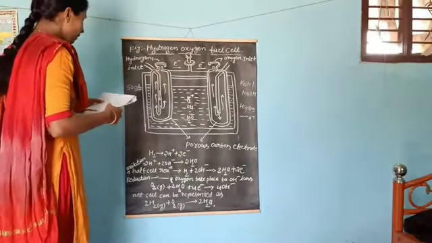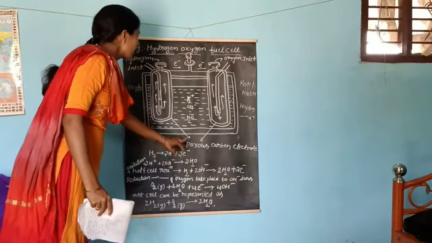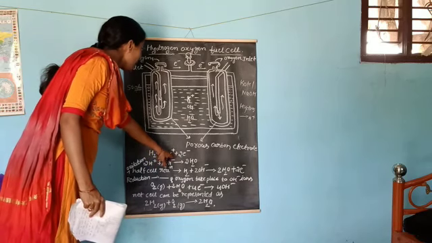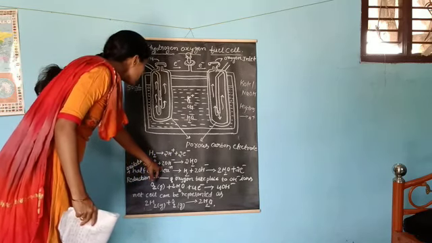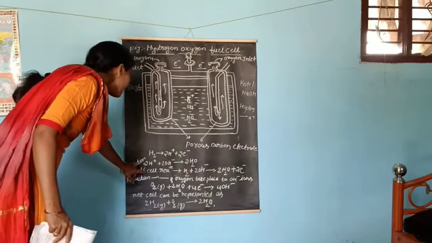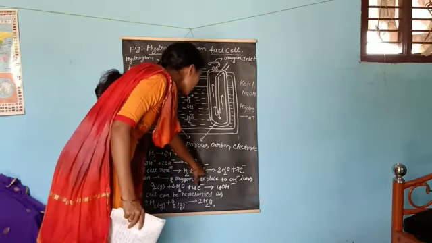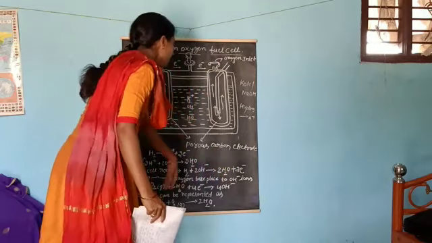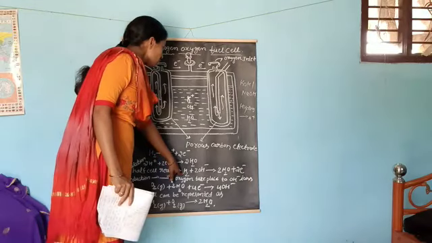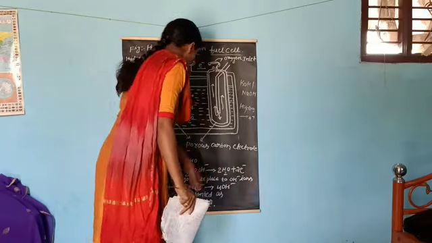The reaction is hydrogen gives 2H plus 2e electrons, and in this structure the ions are reduced, and H plus combines with OH minus, neutralized to water. Then the oxidation half cell reaction: H2 plus 2OH minus gives 2H2O plus 2e electrons. The hydrogen ions contribute, and the OH minus is neutralized in the electrolyte.